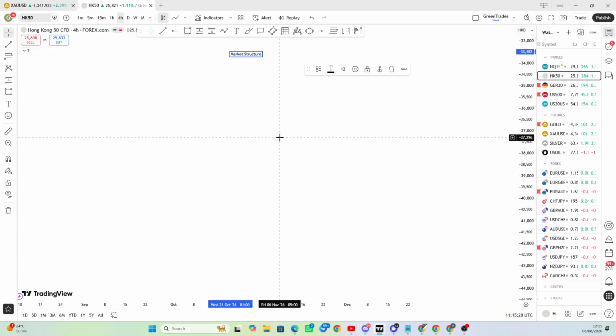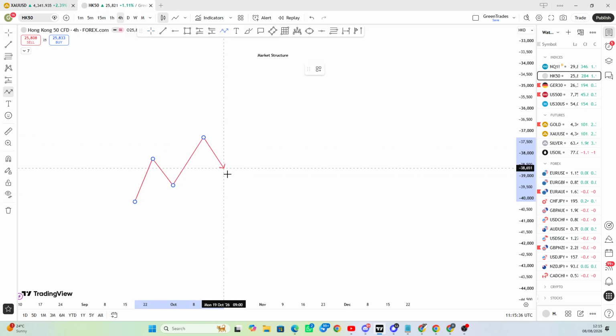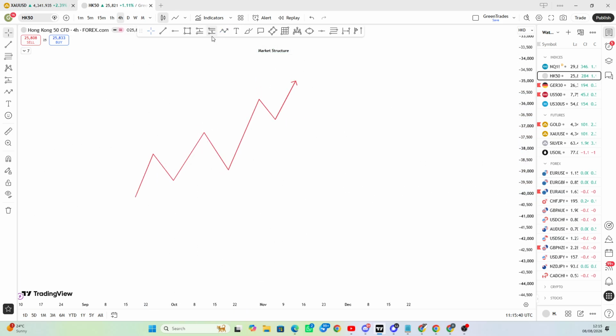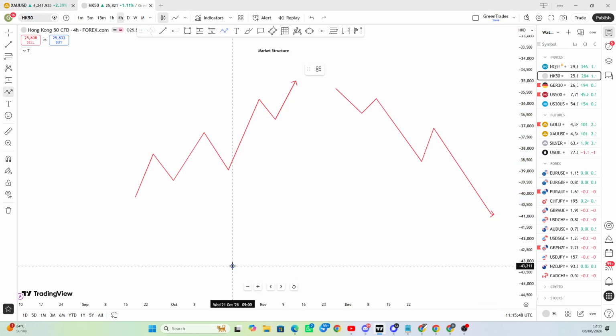So let's go back to market structure again. It's the framework of the time frames, of the movement of the price, the movement of the market, whether it's going up or down. If it's going up, you know it's a bullish trend. If it's going down, you know that's a bearish trend. And then we already spoke about consolidation. You don't trade consolidation. That's a no trade zone,